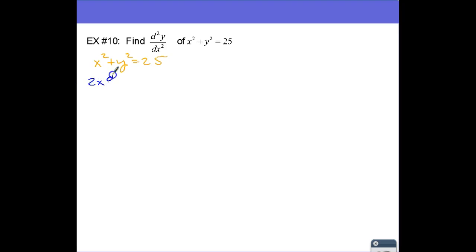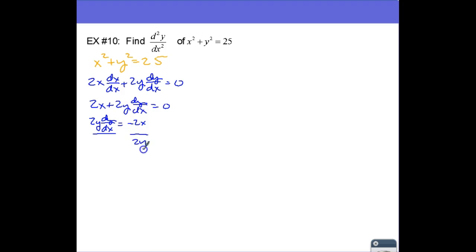So we get 2x dx/dx plus 2y dy/dx equals 0. So this is 2x plus 2y dy/dx equals 0. And that means that 2y dy/dx is equal to negative 2x. And if we divide both sides by 2y, these cancel, and we get dy/dx equals, the 2's cancel,